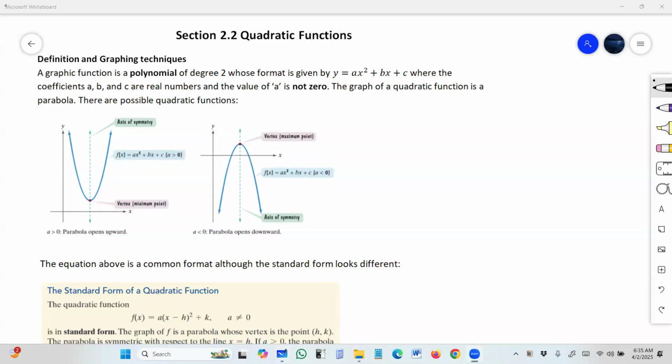Hi, hello everybody. So this is the video dealing with section 2.2, quadratic functions. And in this video, we're going to go over the definition and the graphing techniques. Now, just keep in mind that this is a review for what you have covered in